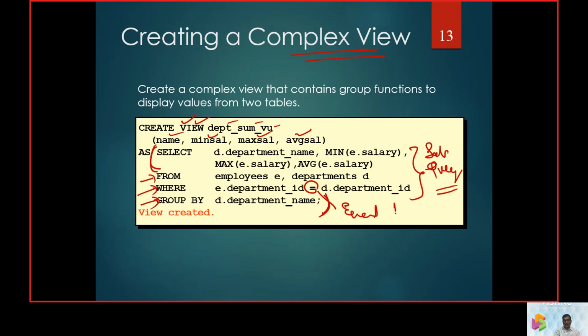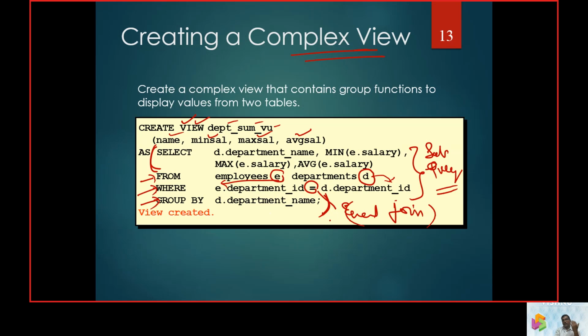So it is more or less like a join, an equal join or equi-join operation, which is also going to pertain when we build up a complex query. We have E as an alias for the employee table and D for the department table. So we are comparing the department ID in the employee table with the department ID from the department table. We are working with the equi-join at this point of time, and that's why we call it a complex query.